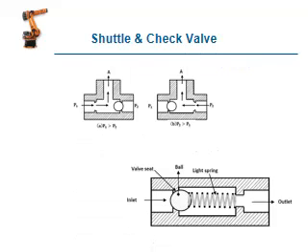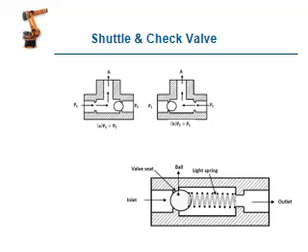This is a shuttle valve and a check valve. The above figure shows the shuttle valve, the below figure shows the check valve. What is meant by shuttle valve and check valve? These are flow control valves. If the velocity or pressure is increased, the ball automatically moves. Here there are 2 ports available, P1 and P2. When P1 is greater than P2, the left side figure shows the oil entering from P1 to A. When the pressure is increased so that P2 is greater than P1, oil enters from P2 and escapes from A.